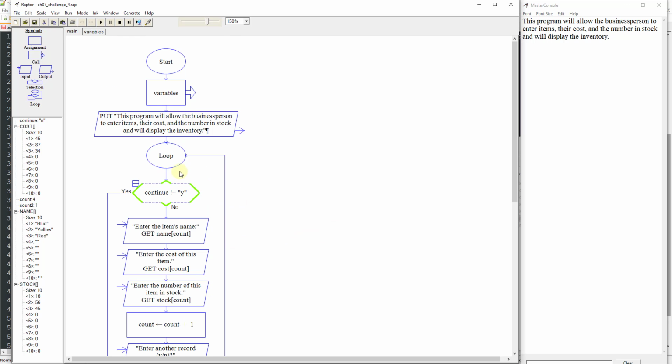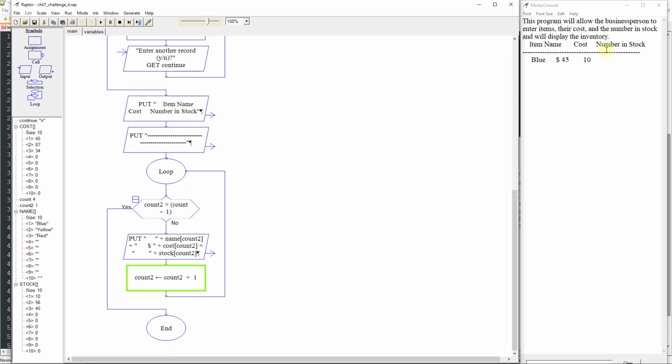And it's going to come down here. And then now it's going to build our table over here in our output. And so item name, cost, and number stock. Now it's not going to line up exactly the way it needs to, but it gets kind of close to what you should see, how it's going to build a table for you in the output, because that's similar to what you would do in either Java or C or a programming language when you create a program and then create tables.